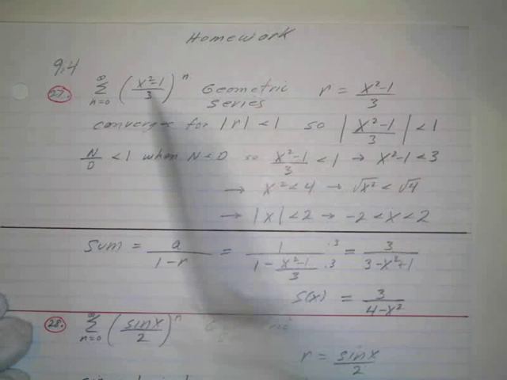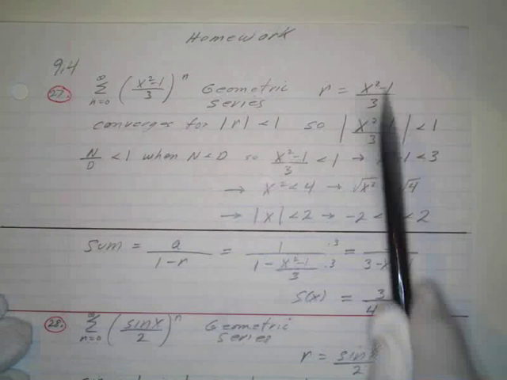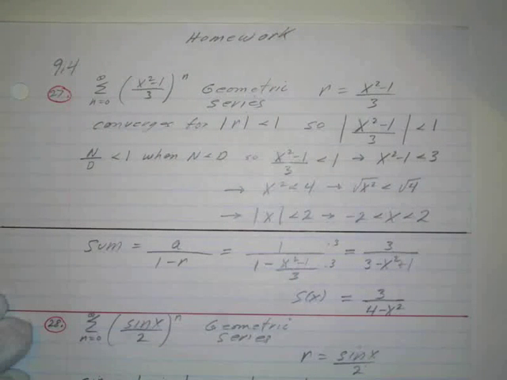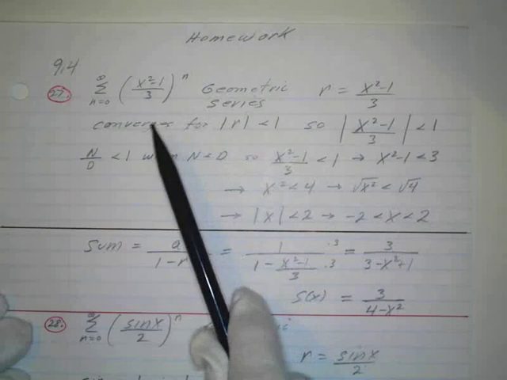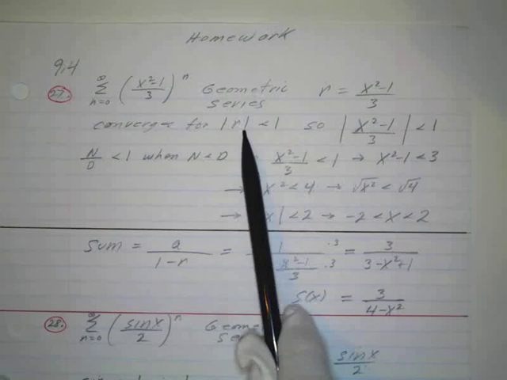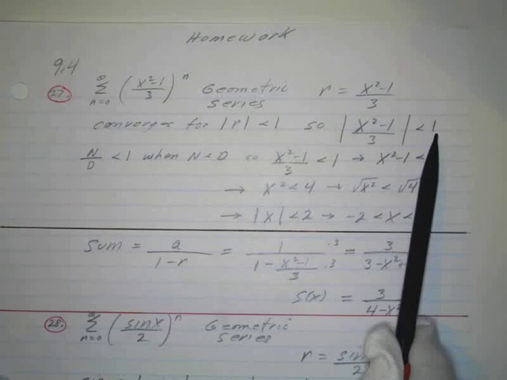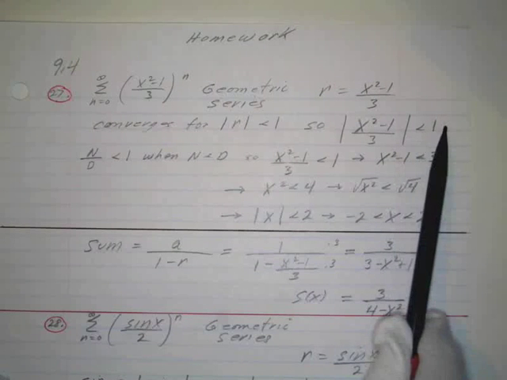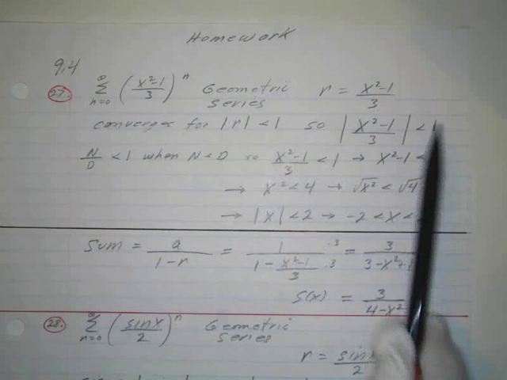power here. So this is my ratio. So r equals x squared minus 1 over 3. We want to find the interval of convergence. So we know that it converges for the absolute value of r less than 1, so we set that less than 1. And then if we followed our normal procedure, we would have some problems, because what we could do